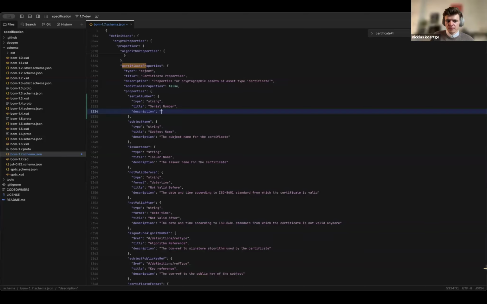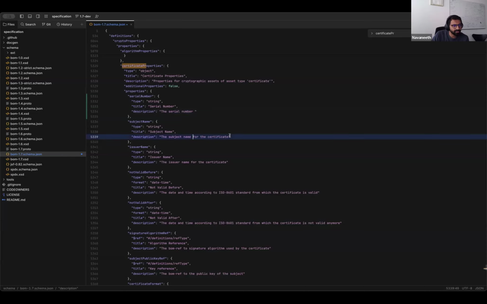I mean, also those that we have, like subject name, issuer name, they are quite specific. Yeah. So if it's X509, I think you can also state that it's a unique identifier for the certificate issued by a specific certificate CA.